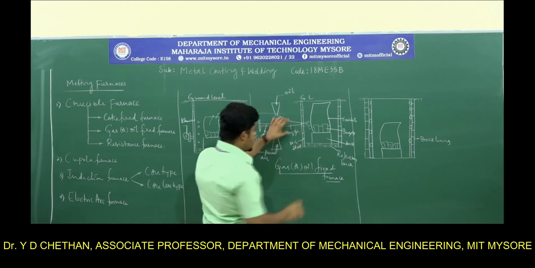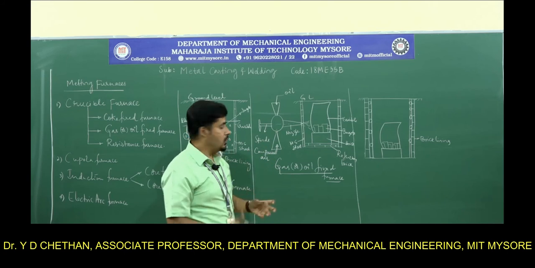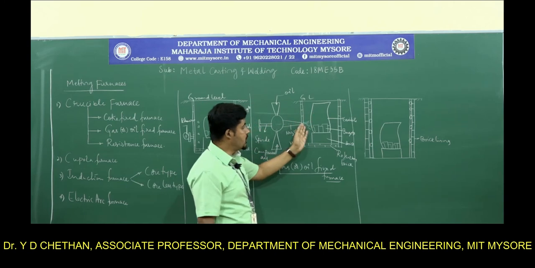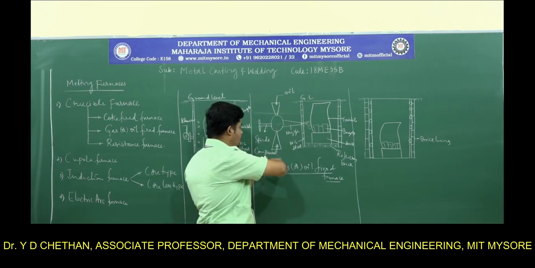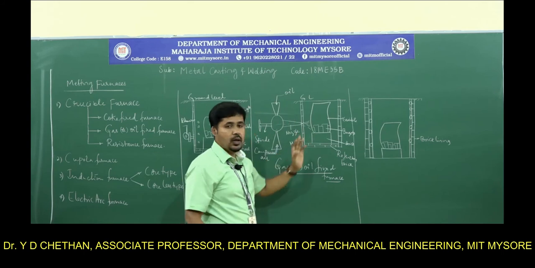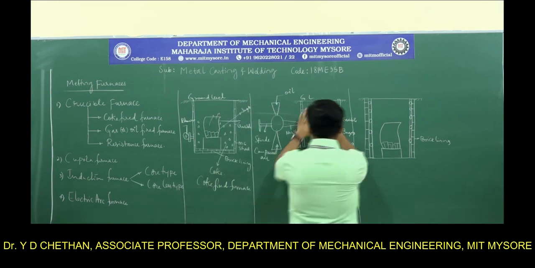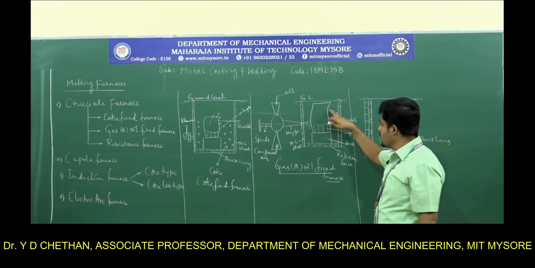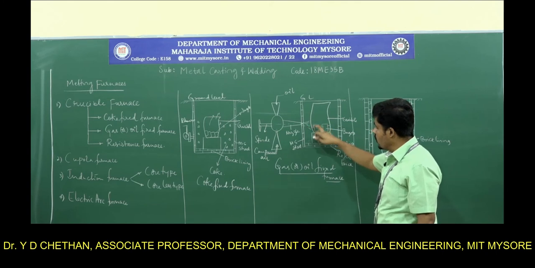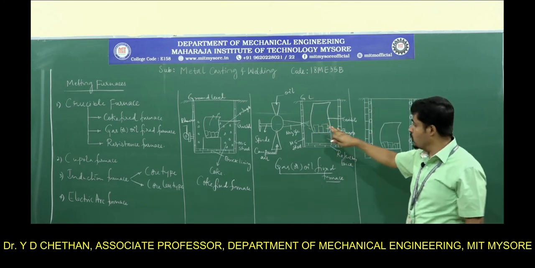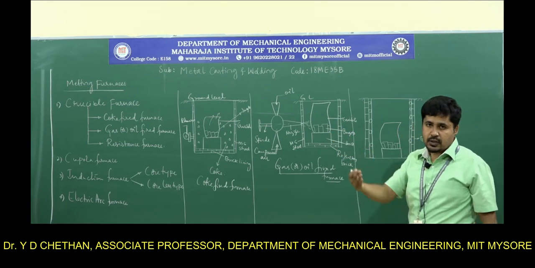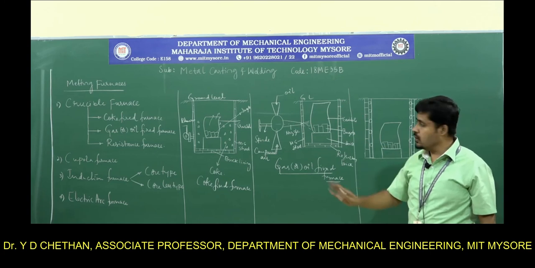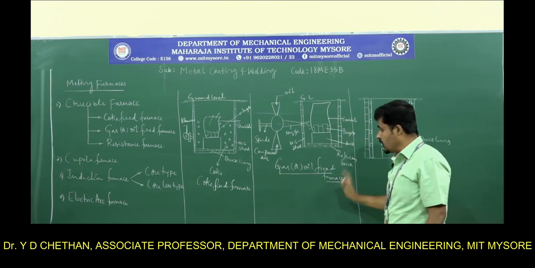The function of the nozzle is to increase the velocity of the charge. Once firing takes place, the heat is fed through this nozzle, and the compressed air sweeps around the crucible so that the heat is uniform around 360 degrees. Inside the crucible, due to this heat, the solid metal alloys convert from solid state to liquid state. Again, you can take out the crucible and pour it into the mold cavity. This is the concept of the gas or oil fired furnace.